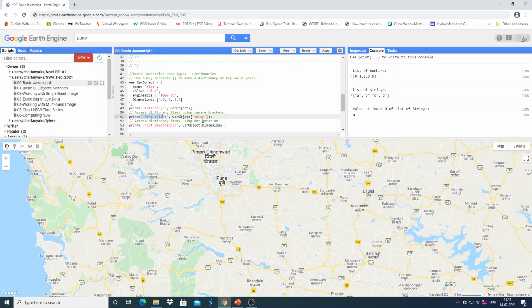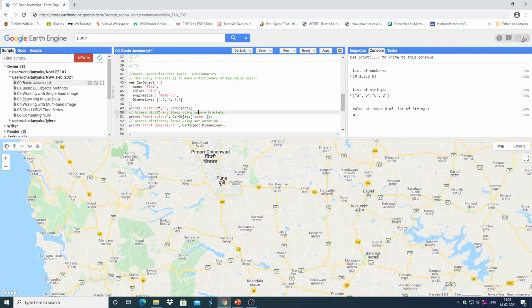You are passing the value associated with the key color in the dictionary. Car object is the name of the dictionary and color is the name of the key. You are passing the name of the key in the square brackets within the single quotes. So it will print the value associated with this key.